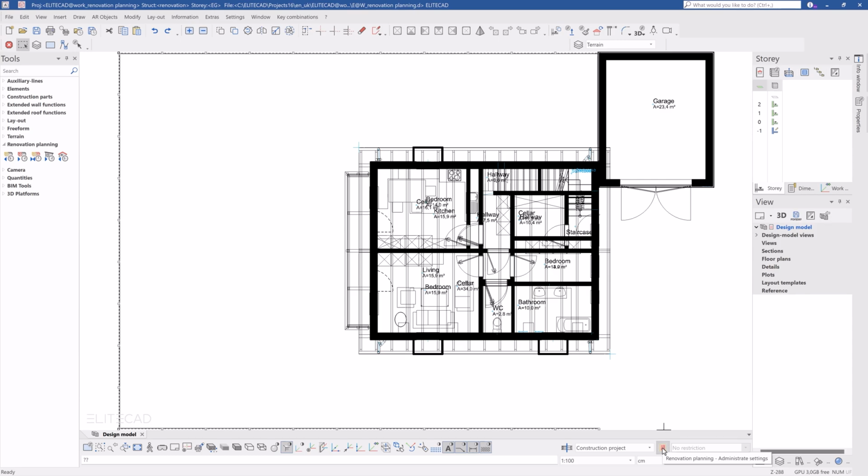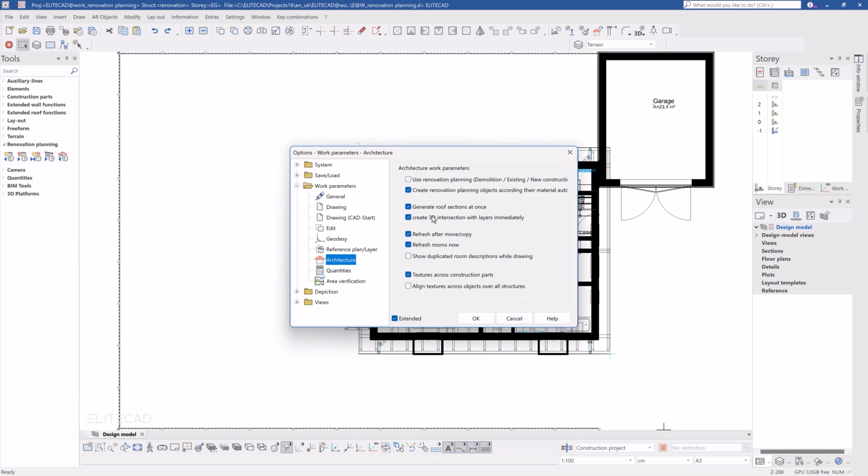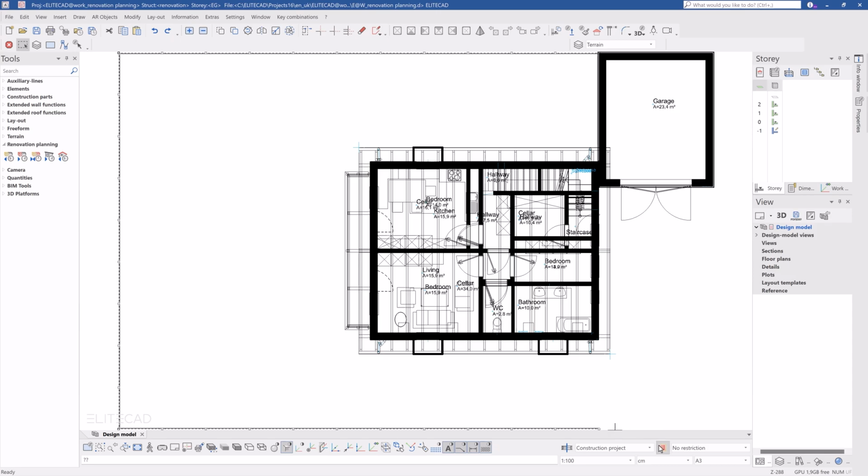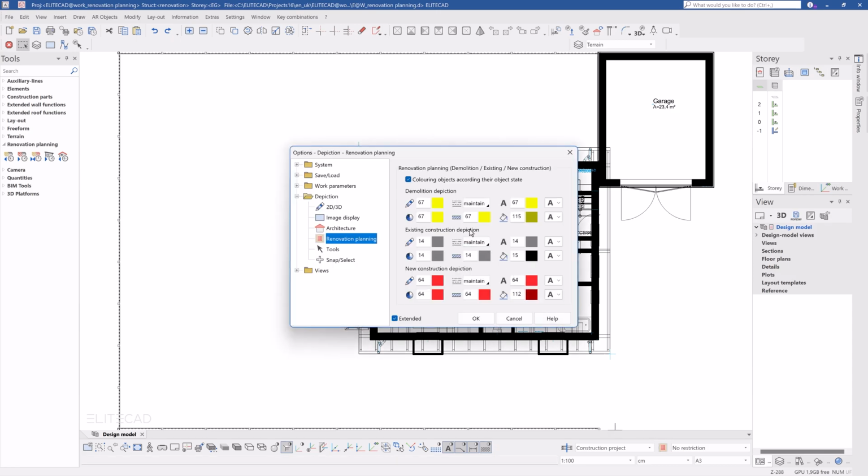In the status bar to the bottom right, we find the renovation planning switch. When clicked, a window opens where the renovation planning can be activated. If you click on the switch a second time, a new settings window for the renovation planning opens where the different colors, pans, hatches and line types can be set. These settings will first be used once a construction element with a renovation state according to the renovation planning is